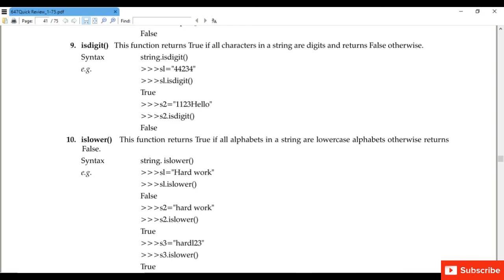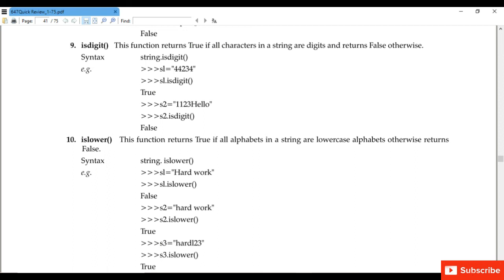Otherwise it will return false. Next is isupper. This function is used to return whether or not all the characters in the string are in uppercase. So we are checking whether all the characters of the string are in uppercase or not.